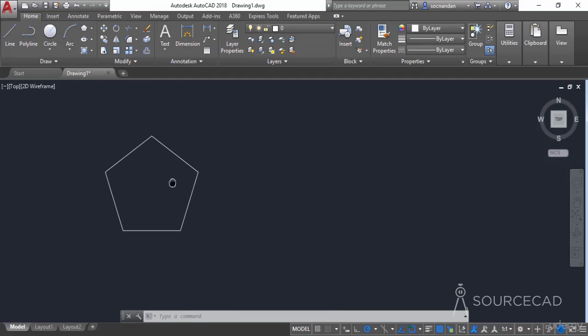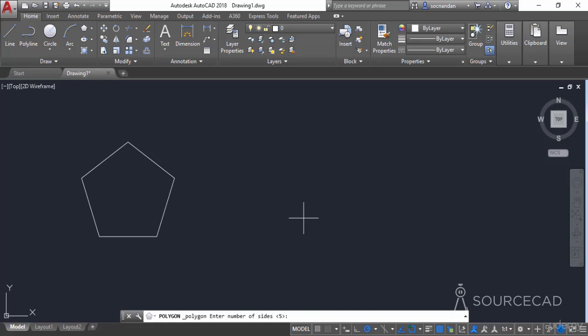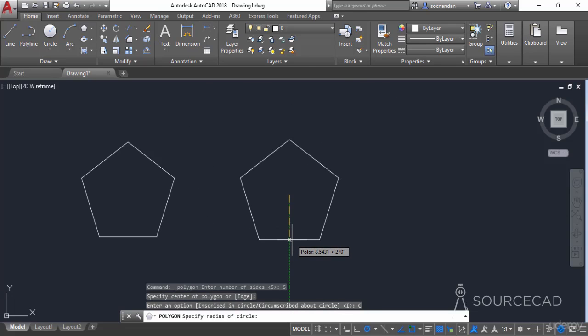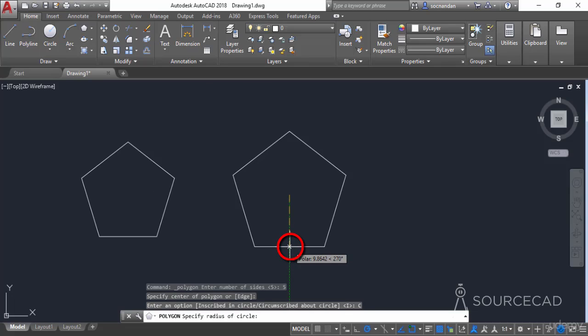Now let's move it here, select the polygon tool again, and once again enter 5 as the number of sides. Specify the center point, and now I'll select circumscribed about circle. You'll notice that instead of a vertex, the cursor is now at the midpoint of the line segment, or you can say the midpoint of one of the sides of this polygon.